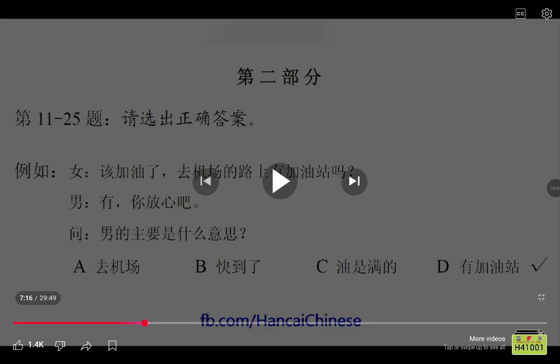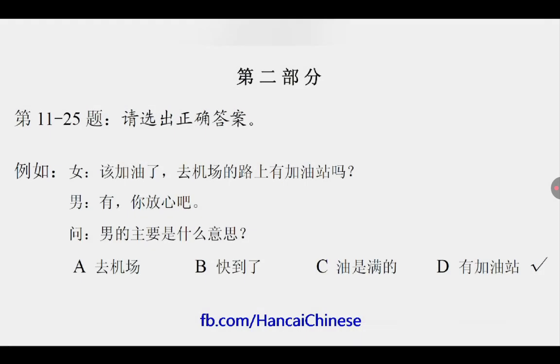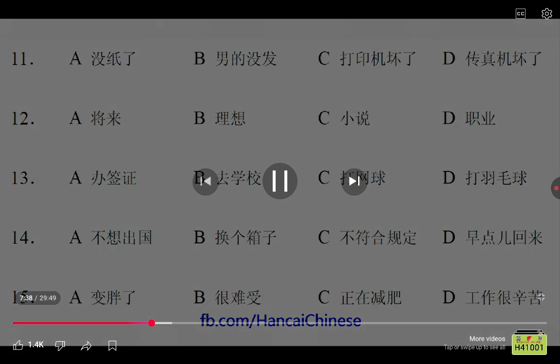You don't need to be hurry for this one. 你放心吧。男的主要是什么意思？ Go ahead. 现在开始第11题。 现在开始第10题。Within